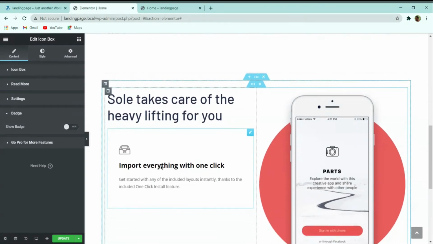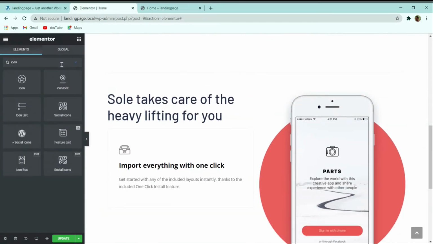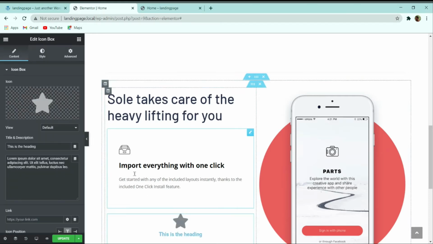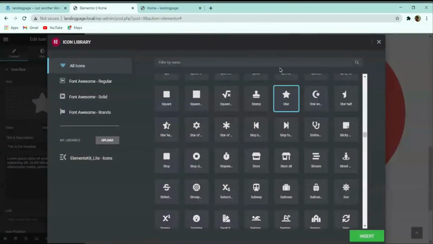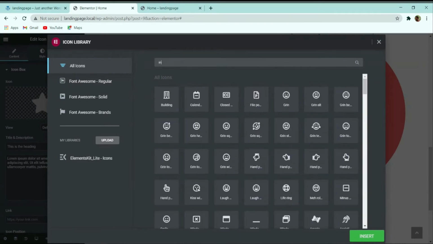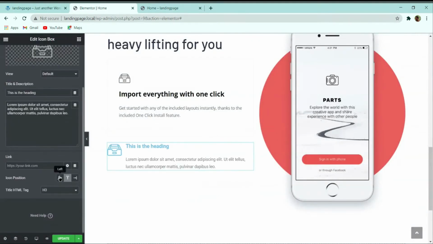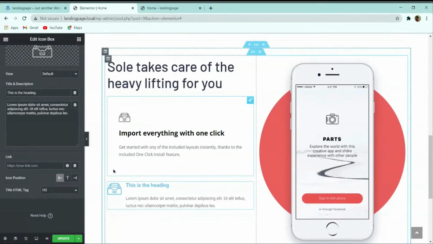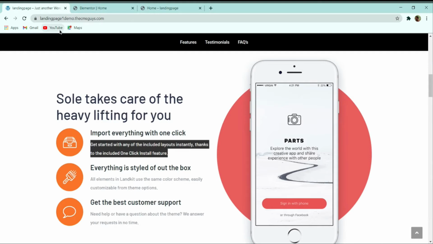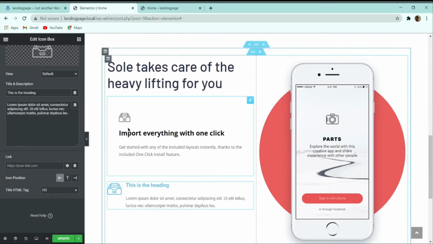So we have other options for this icon also. Instead of using this icon box, you can simply use this normal icon box from here also. Let me show you how this one is working. Again I will search for inbox, and let me select that icon, and then let me make the position to left. Here you can see that there is a difference. We have used this one, we have the icon on the left hand side, and the text on the right hand side.